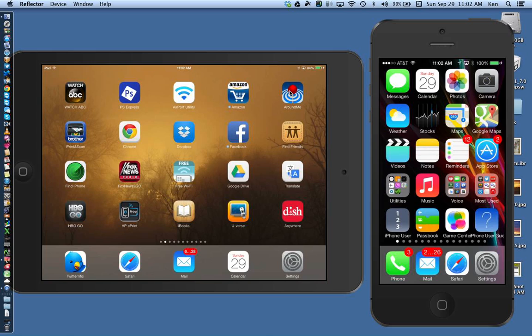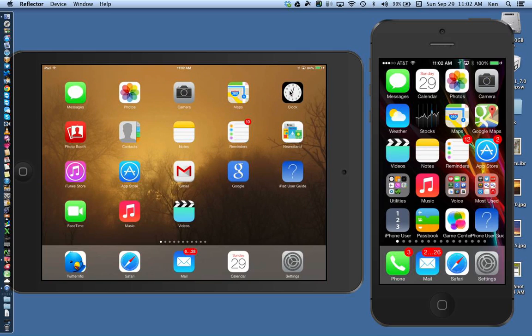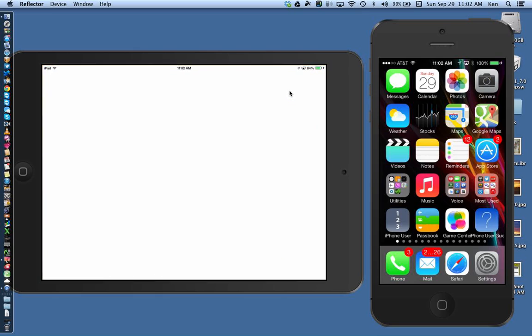So if you'll notice on my home screen, and I'll do this if you guys can follow along, I have iPad user guide. We're not going to delve into this because this is your own pathway to all the goodness in iOS 7. So if I tap the iPad user guide,